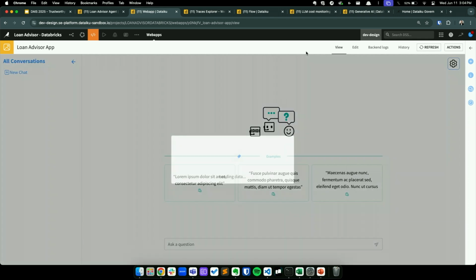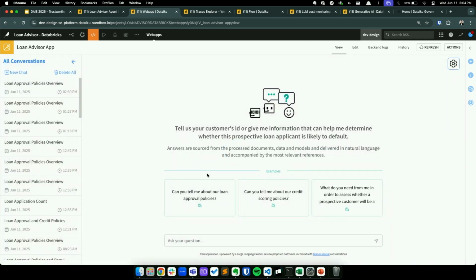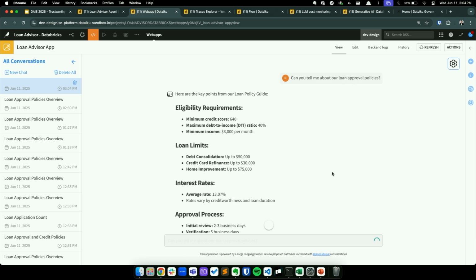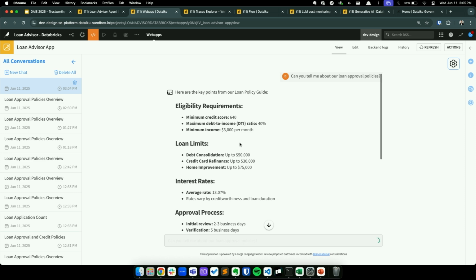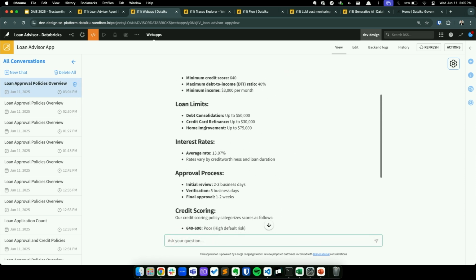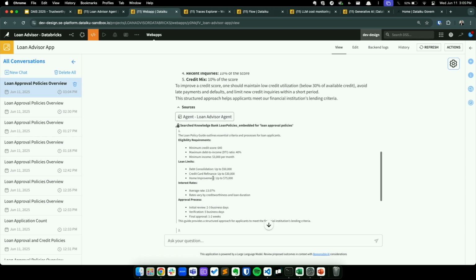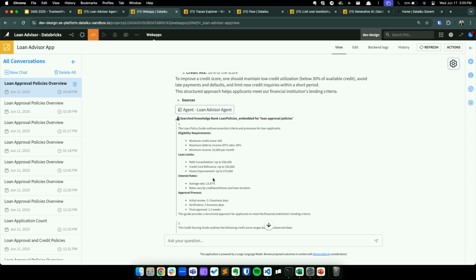And then from there, when we ask a question of this Agent Connect, we ask it, hey, can you tell me about our loan approval policies? If you recall, in the corpus of documentation that we showed you earlier, there was some documentation specifically around loan approvals. So what the agent is doing is it's going through its list of tools that it has access to. It's figuring out which tool will provide the correct information based on the user's intent. It's sending that back to the top level LLM, and that LLM is responding so you can see the specific information that's given here, along with the sources, so you can actually understand how the LLM came to its conclusion, which tool it used, etc.